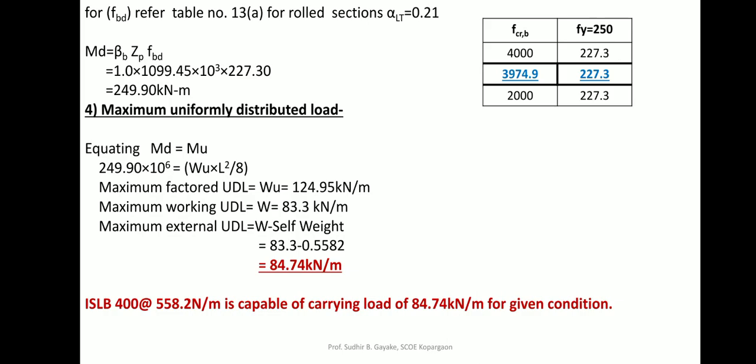So here we have nearly covered all types of numericals in the design of flexural members, the laterally supported type and the laterally unsupported type. Almost all design type and analysis type numericals with all the checks have been completed for both conditions. So we are completing unit number 4 here. In the next few videos we will be starting unit number 5, where we deal with connections, that is beam to beam and beam to column connections, and design of welded plate girder.